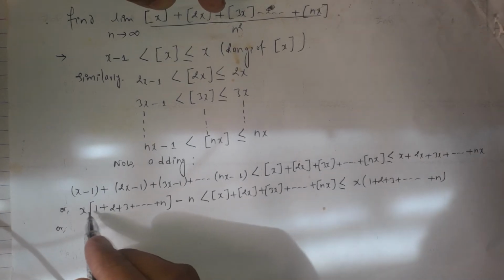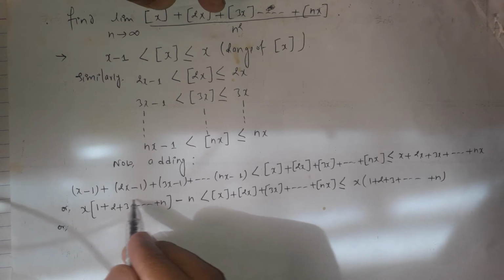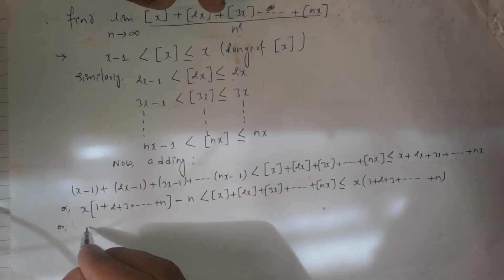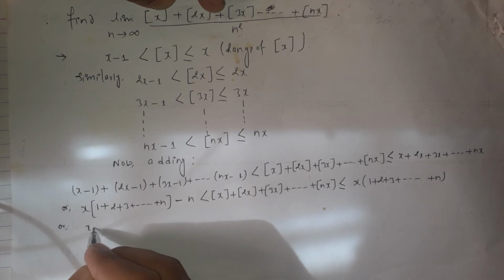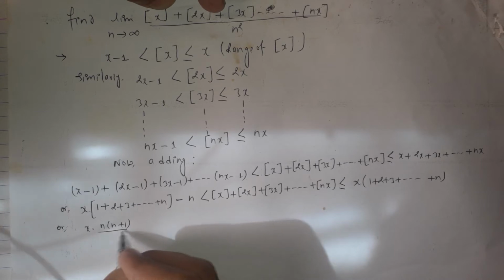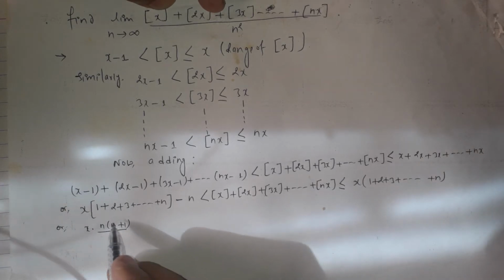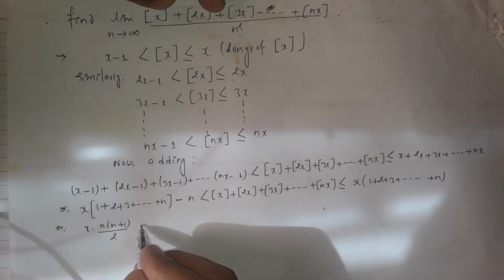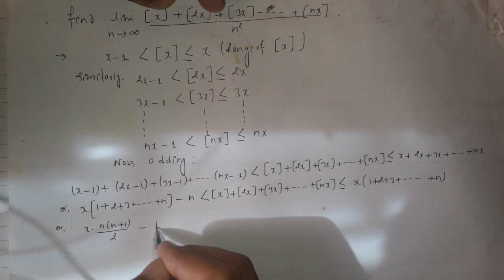And we know that the sum of the n natural numbers is just n times n plus 1 over 2. Please remember this formula. This formula is for the sum of the n natural terms, and this is here negative n,